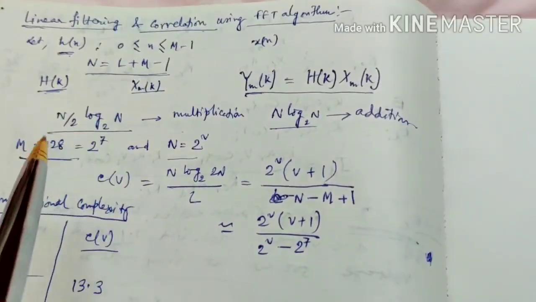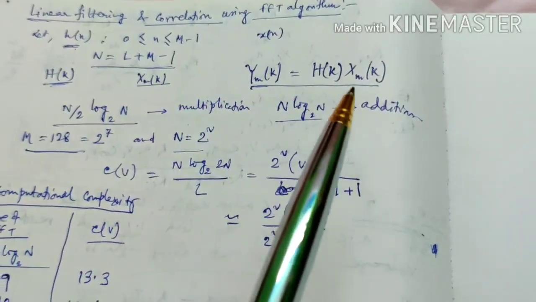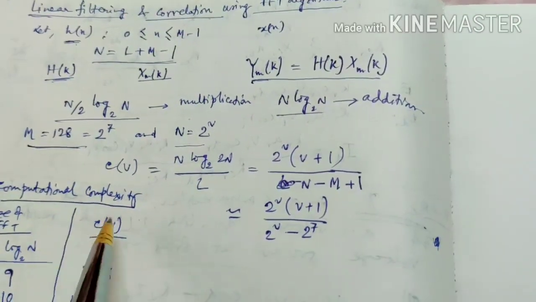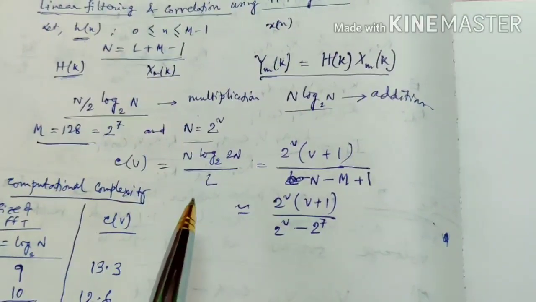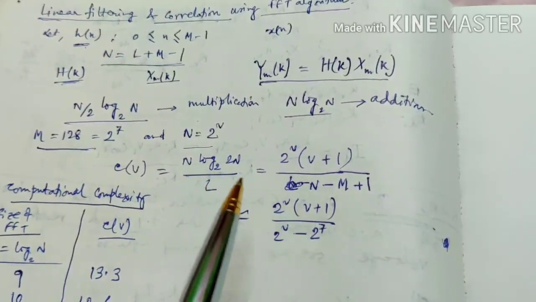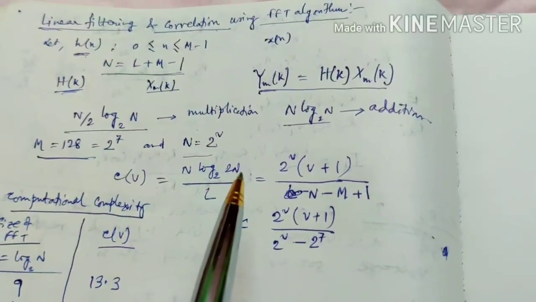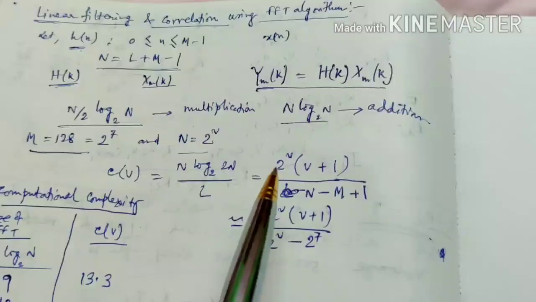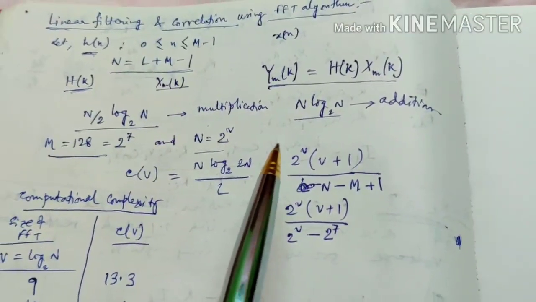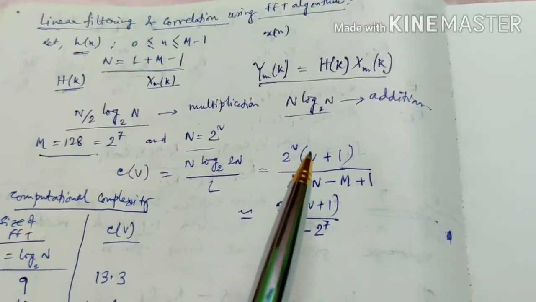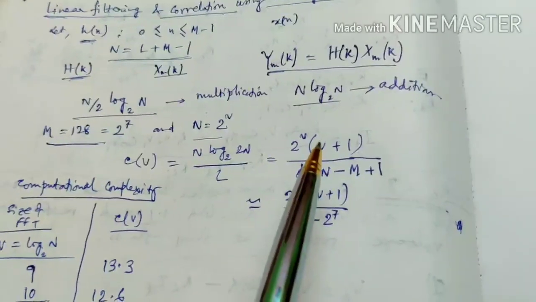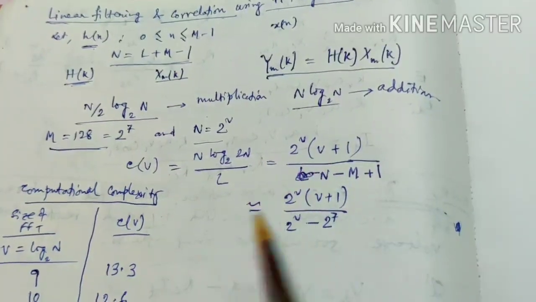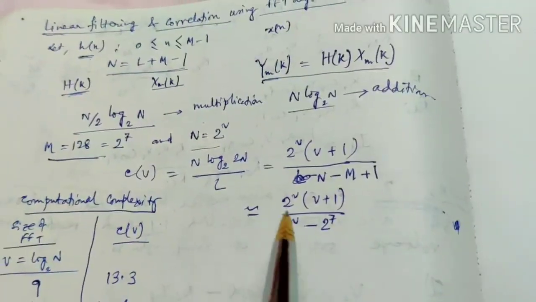In our last class, we covered linear filtering and correlation using the FFT algorithm. Last class, we discussed the computational complexity: the FFT algorithm takes n points of input data and produces an output sequence of n data points corresponding to the DFT of the input data, as we have shown. The radix 2 FFT algorithm performs the computation of the DFT in n by 2